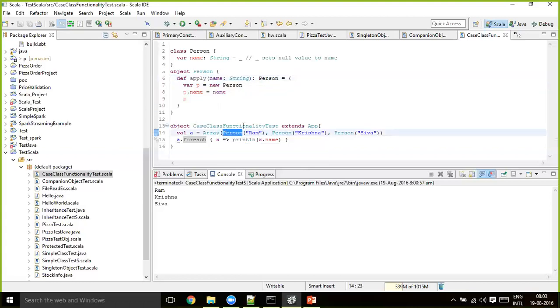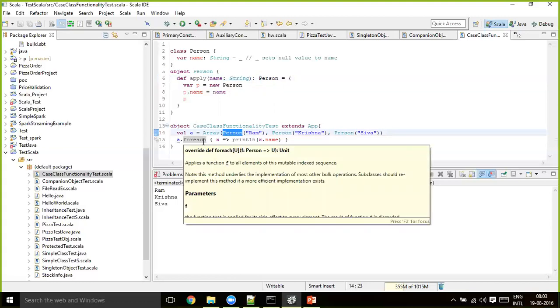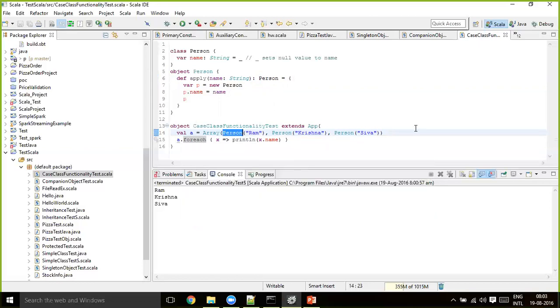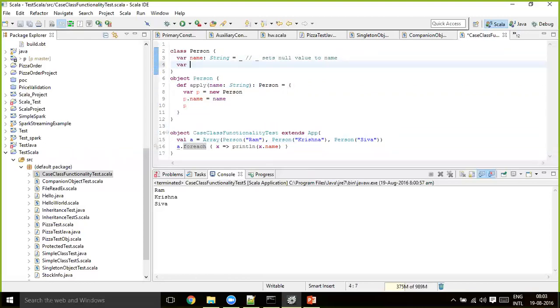That's why, if you want to suppress the new keyword, your companion object should have an apply method defined, and whatever parameters that apply method takes will become your constructor parameters here. And if you want to declare one more field into this, var age, which is of Int, okay,